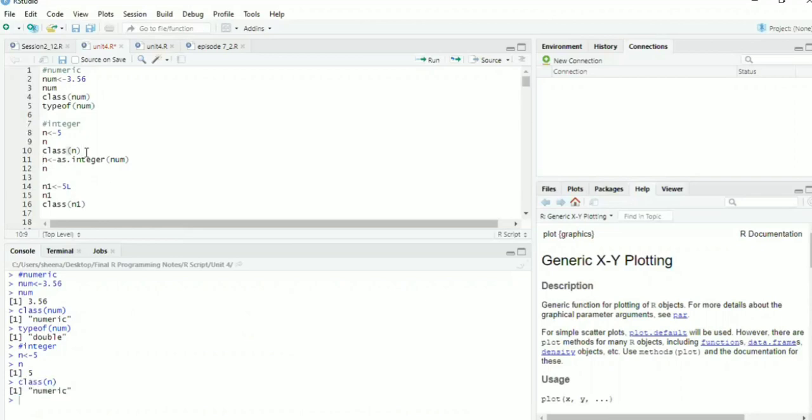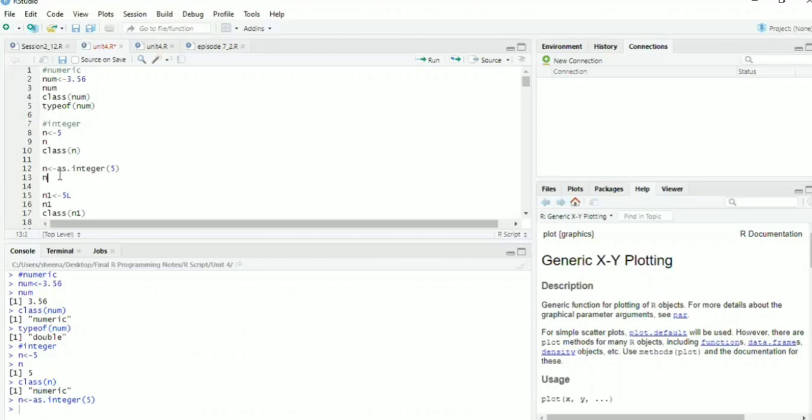So to create an integer data type there are two options. Either when you assign a variable, you have to write as.integer in front of that. For example, if I want to create 5, I will write as.integer(5). So it will assign the value 5 to the n variable.